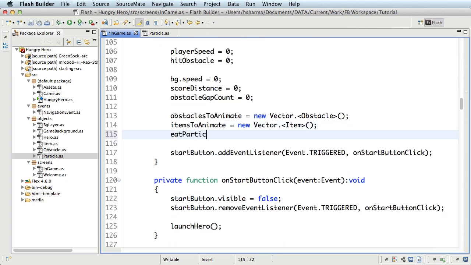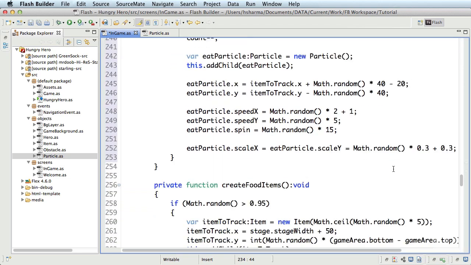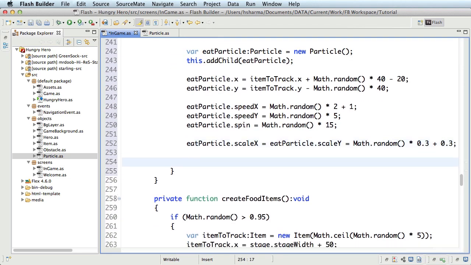Each particles to animate is equal to new vector. I'll come back to the create each particles method and push the newly created particle into this vector. This denotes that a particle is created with random positioning, scaling and speed or spin values and is now ready to be animated. Each particles to animate dot push